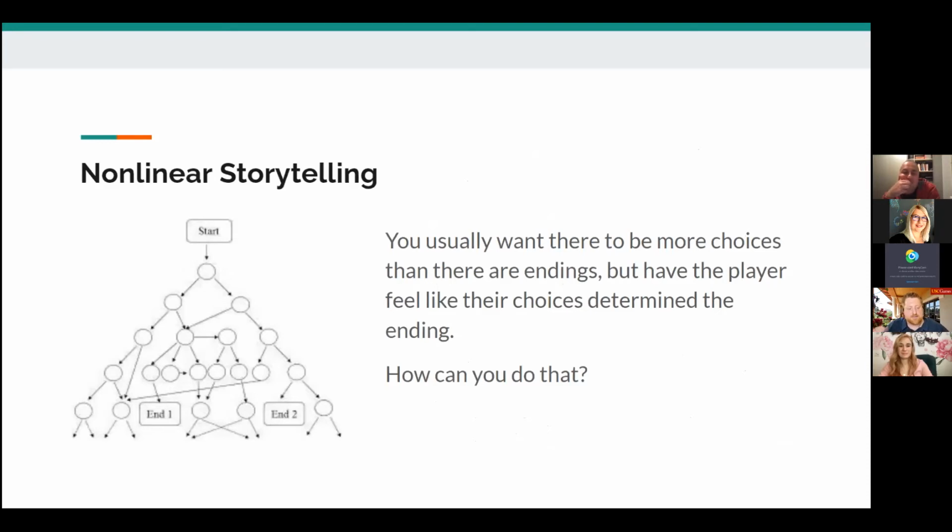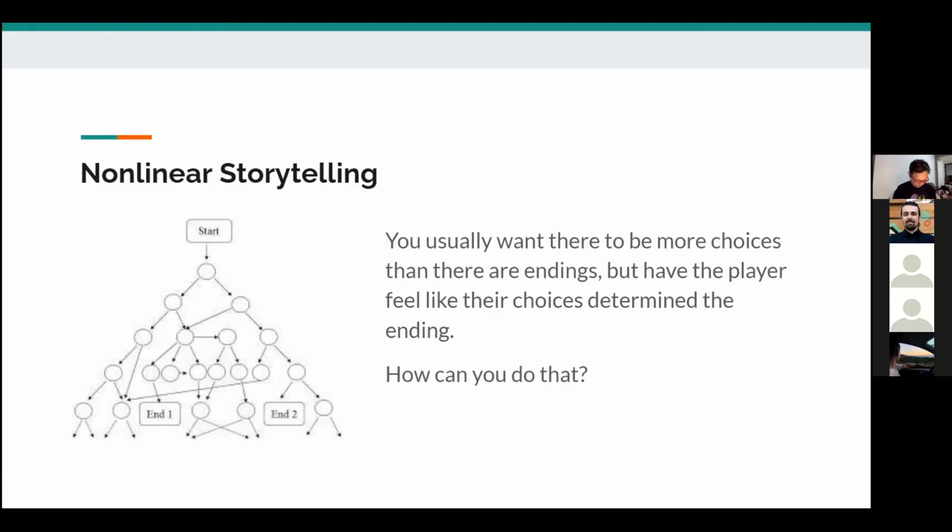Now, getting this balance can be really hard and can be messy when you're talking about this model of branching narratives. And part of that is that you usually want there to be more choices than there are endings, or at least you want the player to feel like they're making a lot of different choices, but you don't want that infinite branching where you have to come up with a different story for every possible choice that the player can make.